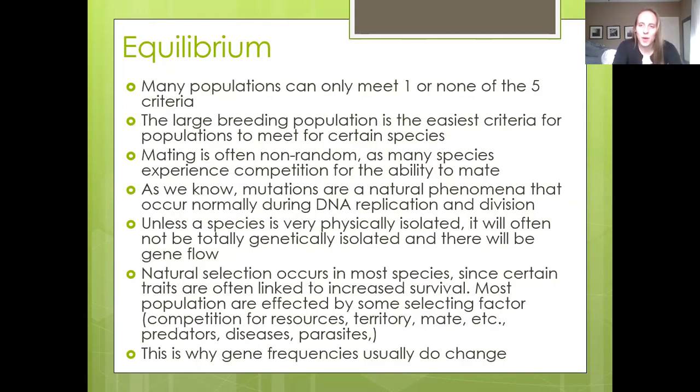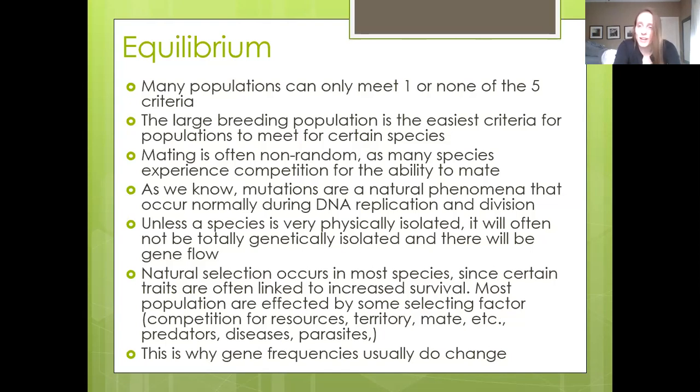So like I said, lots of populations can meet some of these criteria, but it's difficult to meet all 5. Large breeding population is really easy to meet. But mating is not random in quite a few species. It's almost impossible to say that there's not going to be any mutations. It's very difficult to have no gene flow unless you have a population alone on a distant island or something like that. And natural selection happens with most species unless there is no competition, no death,